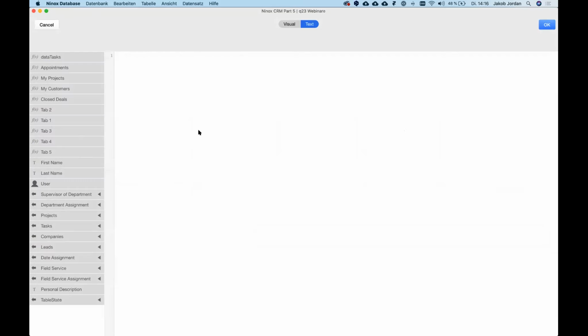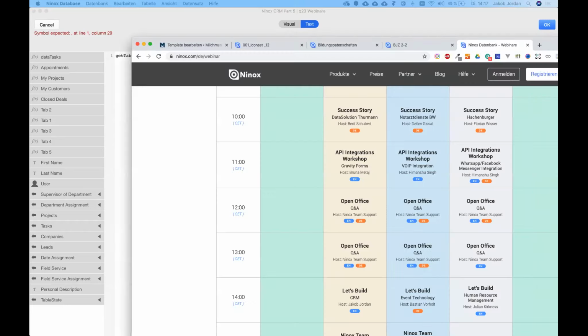That would be a new function, and we say get tab team. It says team because you need to do this function for every table. It's still in beta, but it works. And then you have to give the parameter this, which is the entry we are right now. Then the name of the tab, like personal. And you can also give it an icon. And for those who never saw this,